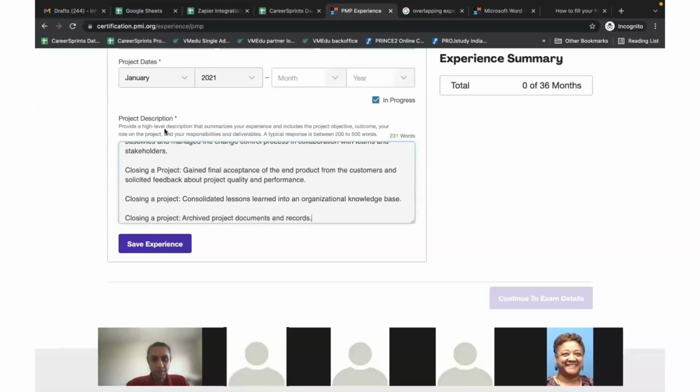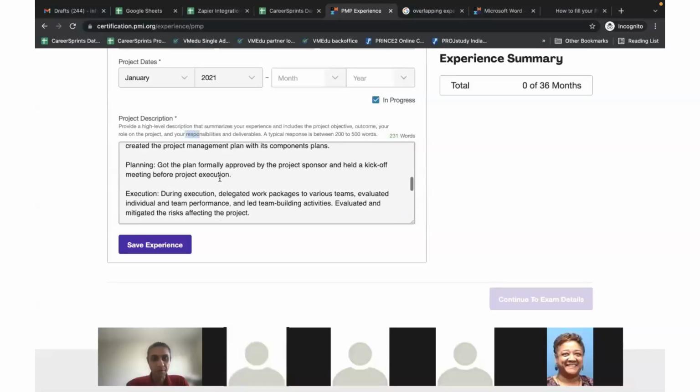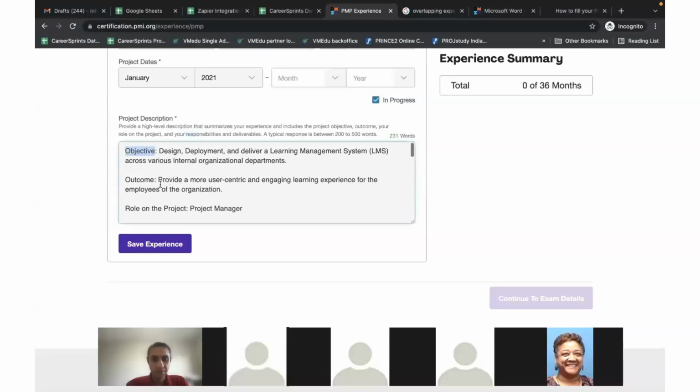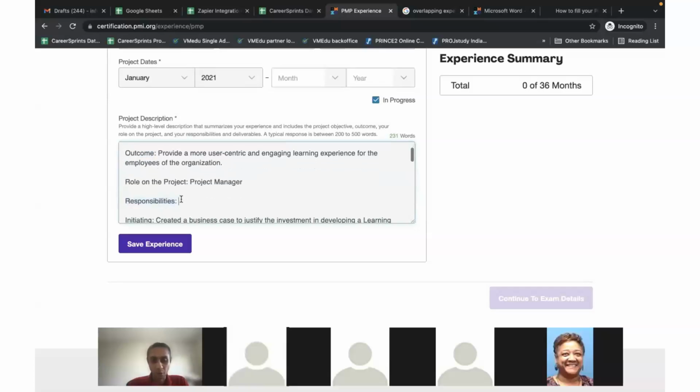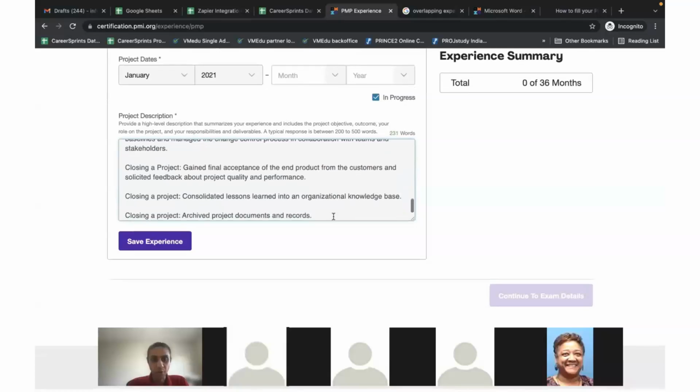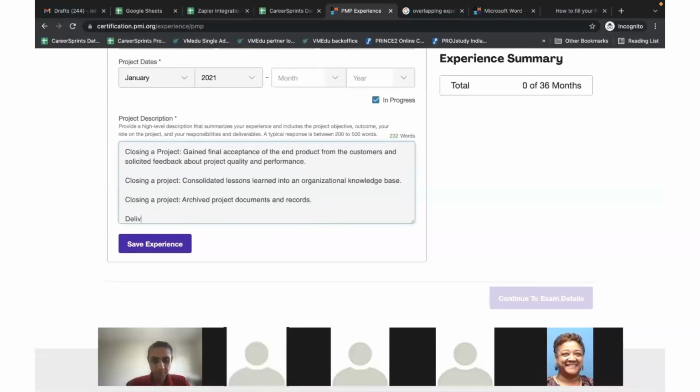So if you see, it says a high-level description that includes the project objective, the outcome, your role, your responsibility. So what we've done so far is we've defined the objective, we've defined the outcome, we've talked about the role that we've taken on, we've talked about the responsibilities, and now we are going to talk about the deliverables. For example, when we created the learning management system, obviously the deliverable was the learning management system. In addition to that, there was training on the learning management system, and there was associated